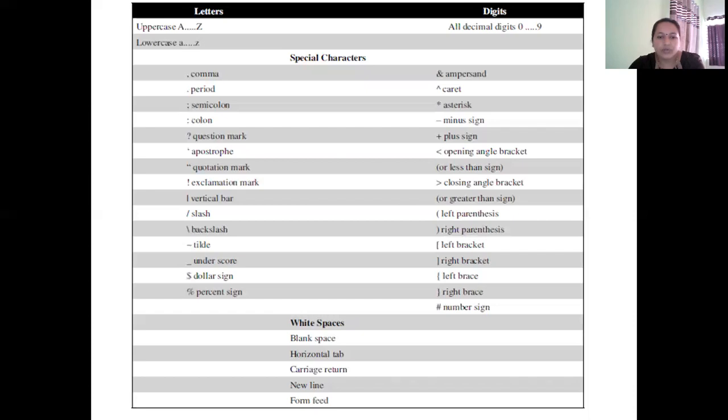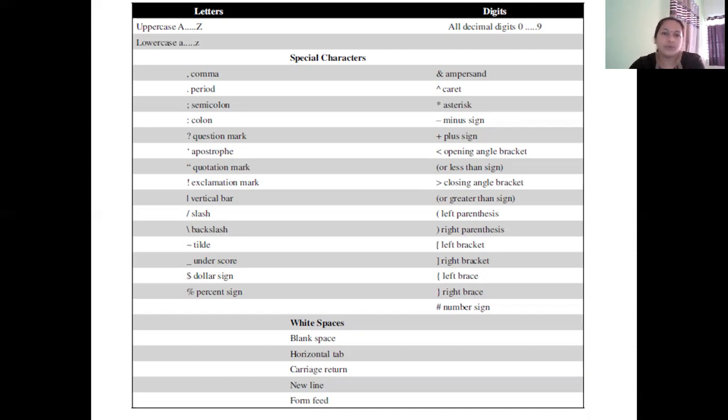Along with that, we have white spaces like your carriage return, which is typed using enter key, horizontal tab using tab key, blank spaces using the space bar. Okay, so new lines, form fields, and all. So these are those characters which come under the category of white space.